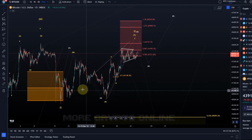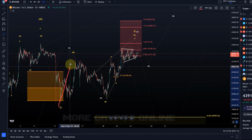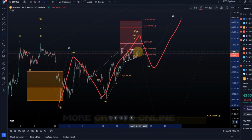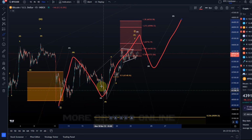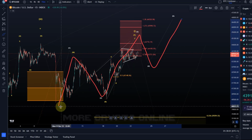Could the low already be in? Yes, but I will not be able to confirm that until I see the white wave count filled in: a wave 1, a wave 2, a wave 3, a wave 4, and a wave 5. That's what I would need to see to really confirm that a low has already been established here on the 11th of December. That takes a little bit of work. If we see it go that way, I will make you aware, but it would take a little bit more evidence. I can't just assume the low is already in,